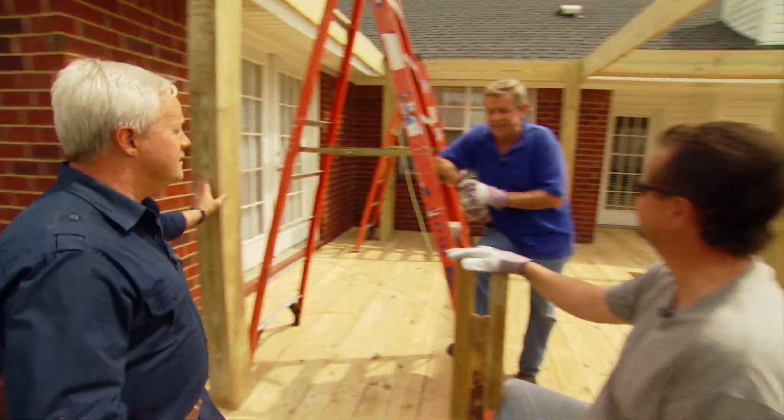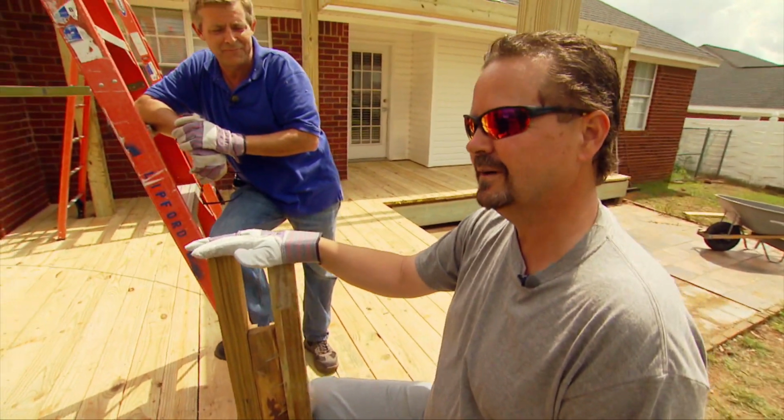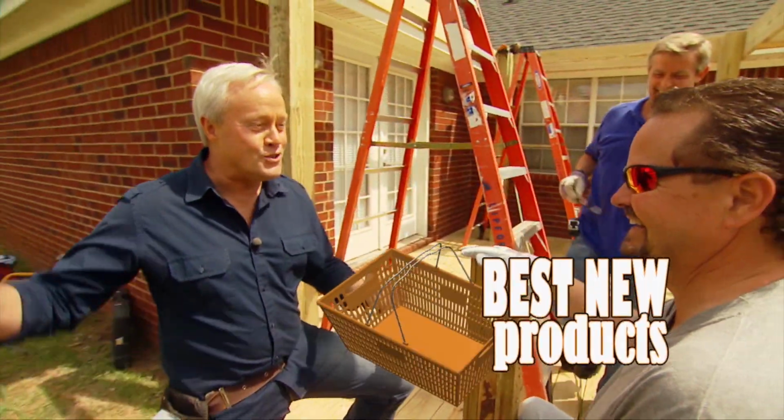You guys got everything ready? I got the ladders in place, air gun, I'm ready to go. Customized joist lifter, ready to go. Hey, you ready to go? All right, well, we'll let you do the...